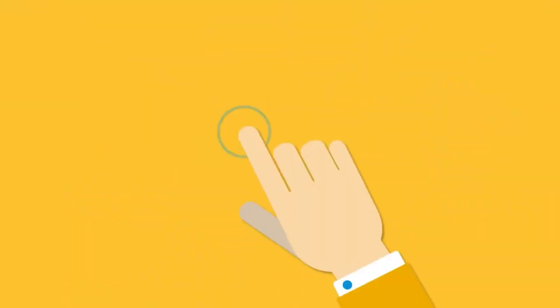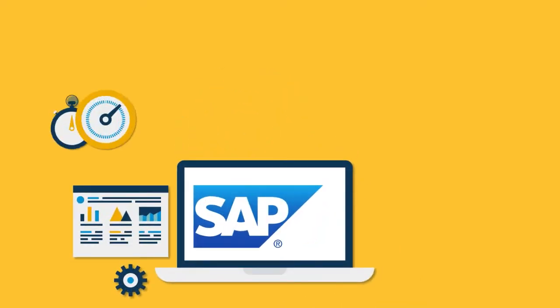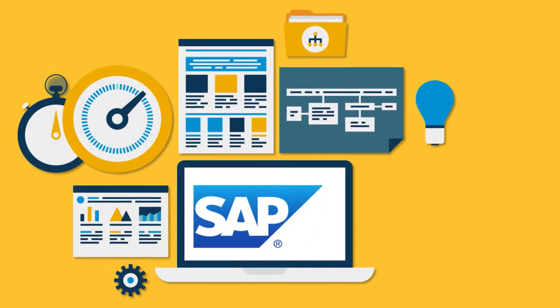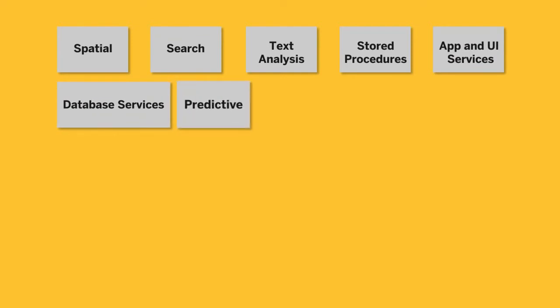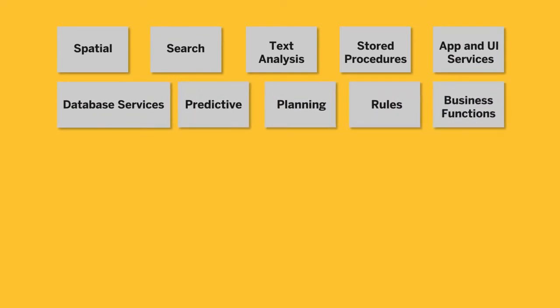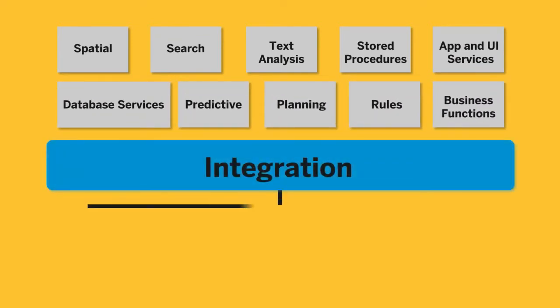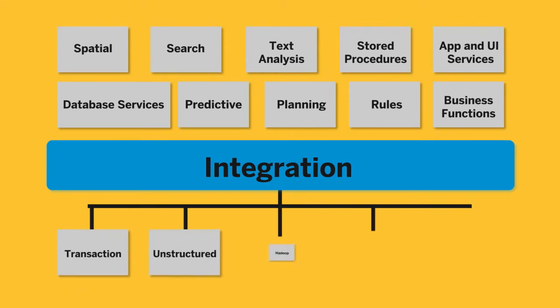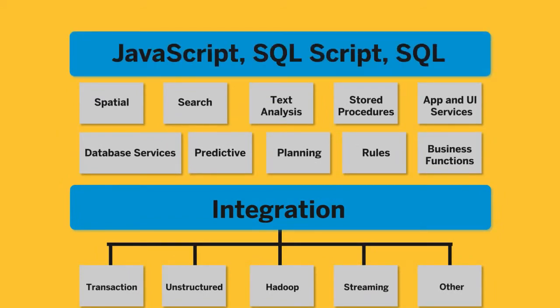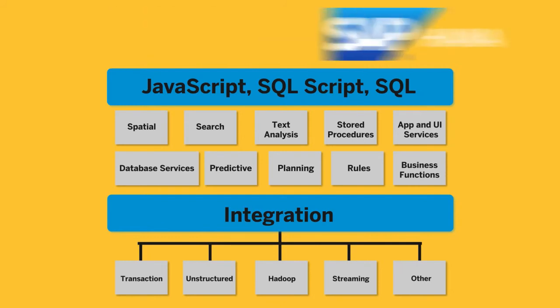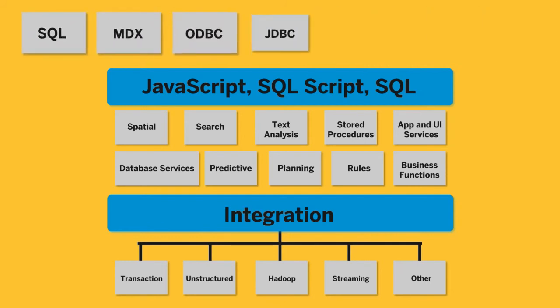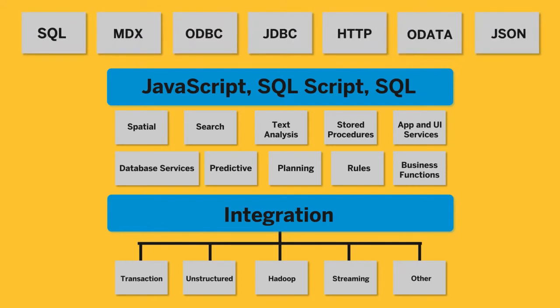To make it a rich development platform, you can make use of an entire set of functionalities for almost all data processing and analytic needs, including spatial, search, text, application and UI logic, predictive, planning, rules engine. And to keep you flexible, you can also integrate other transactional databases, unstructured data, Hadoop, and various other data sources. You can build your data apps using JavaScript directly on the server in SAP HANA. Or you can extend the data functionality for use with other apps like mobile or web, via SQL, JDBC, OData, and other